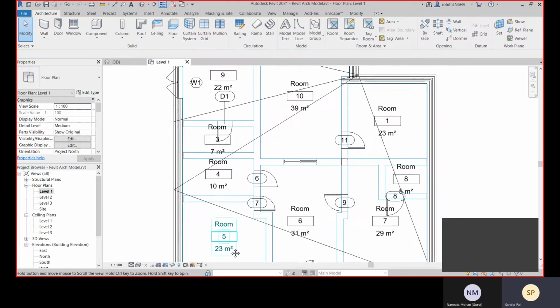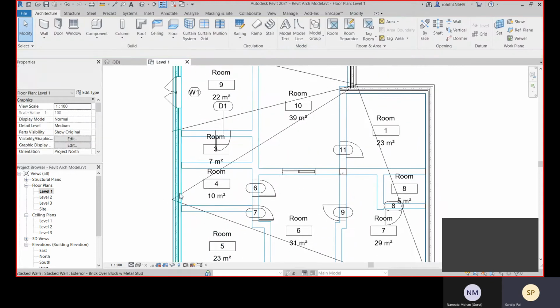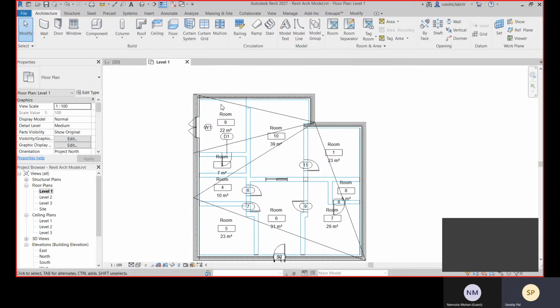Now as I have mentioned, you can separate two rooms without adding any wall.